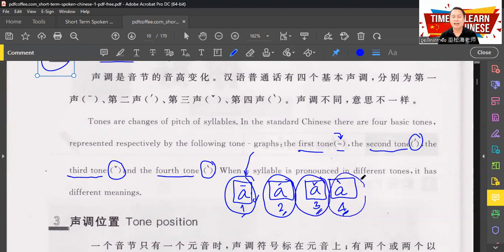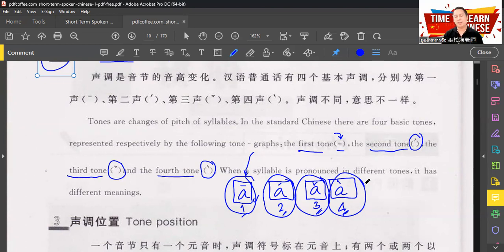Again, please. First tone, ā. Second tone, á. Third tone, ǎ. The fourth tone, à. Okay, again, please. One more time. If you can use your hand